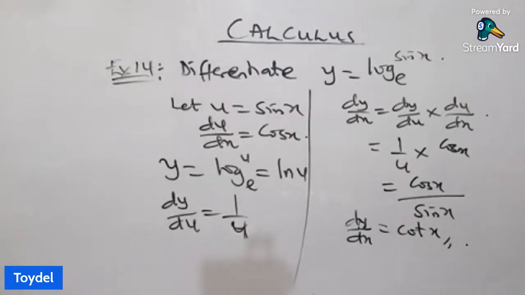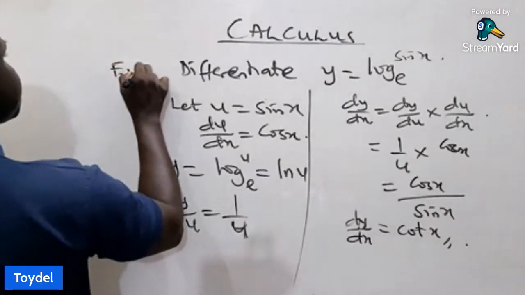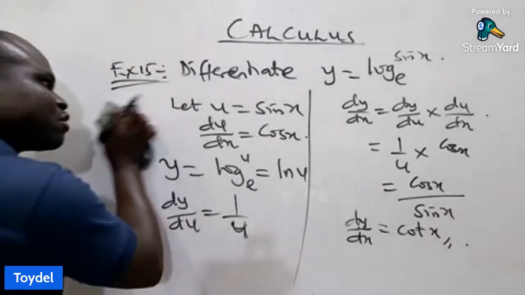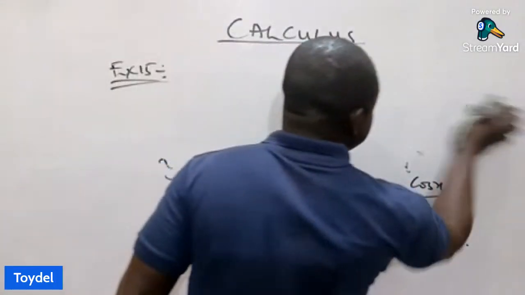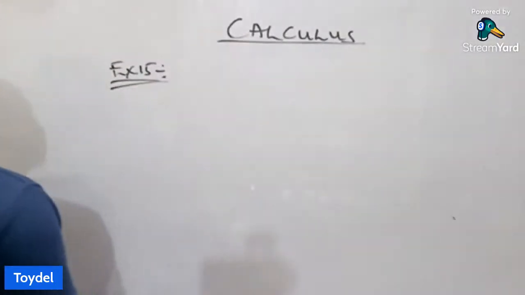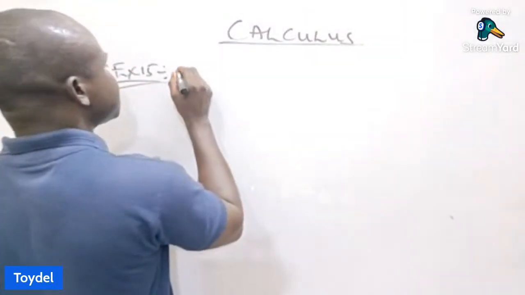So that is when you have natural logarithm, and if you don't have natural logarithm, there's a way we can do it. Okay, these are likely questions that will come out tomorrow. The question cannot exceed what we are discussing. Then let's say example 15. The person is talking about higher derivative. That is, we have been talking about dy/dx. We can have more than dy/dx, and we can have d squared y over dx squared. That's the second derivative. We can have d cubed y. The person can say: